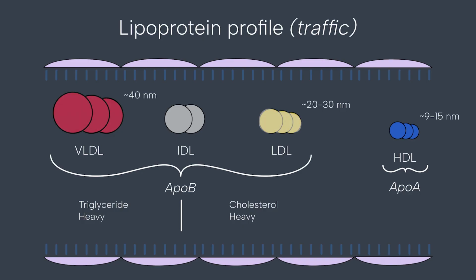So you can see that I've written here the size of an LDL particle ranges between 20 and 30 nanometers. If the size of the junction between endothelial cells is only 3 to 6 nanometers, you can rationalize that it's not going to get in there just because it's hindered by its size. So how does it get in there? Well, that's where inflammation and vascular stress actually come into play